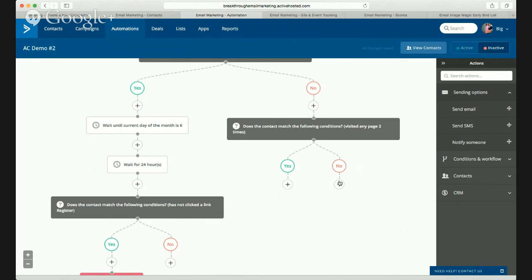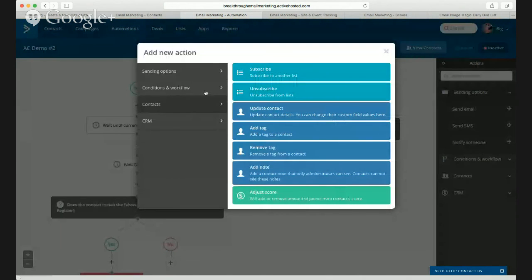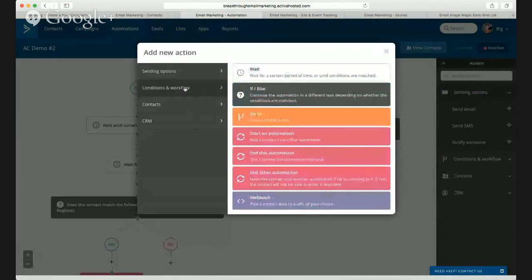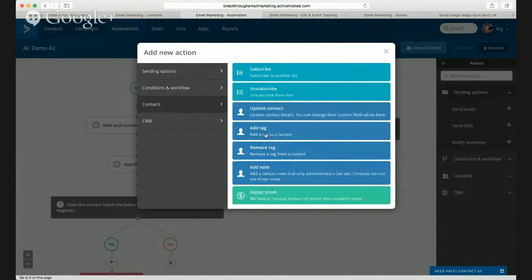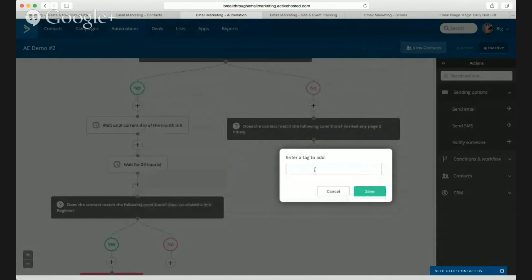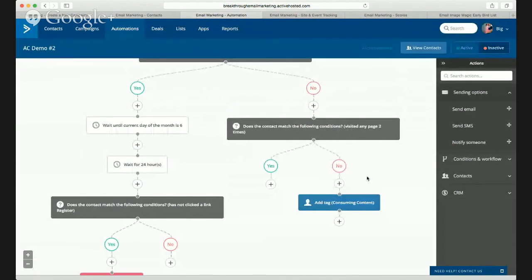Or if they've visited more than 2, or you can do more than 10, then in the context, add a tag, consuming content. You can do multiples. So the more than 10 page visits, I'm going to tag them as consuming content, and